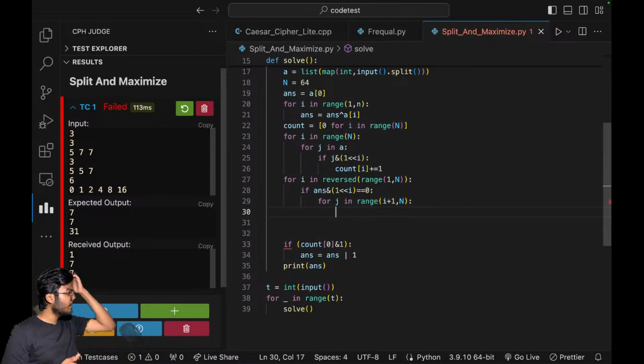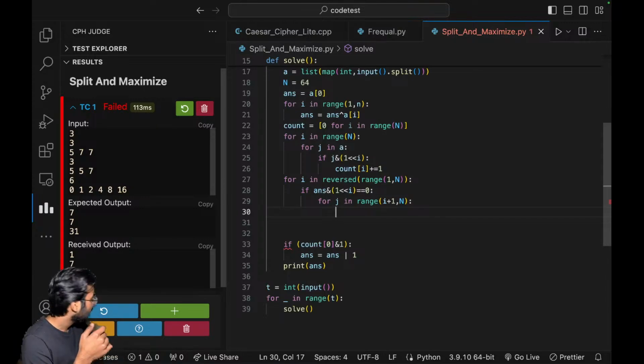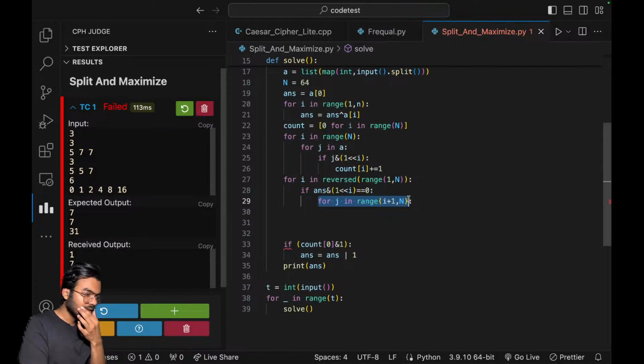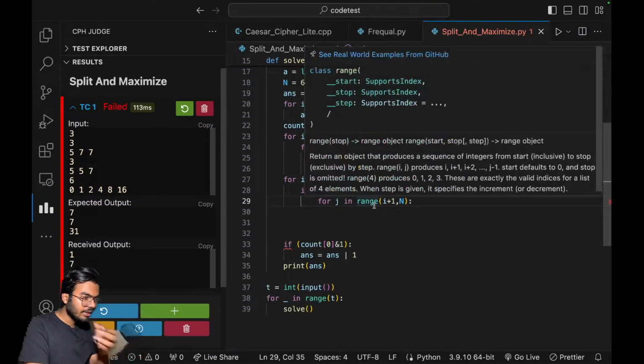Now I need to find at least some power. Like, okay, this is not good. I want to go in reverse order and do the same thing. Let's say, okay, I want to go in reverse order and